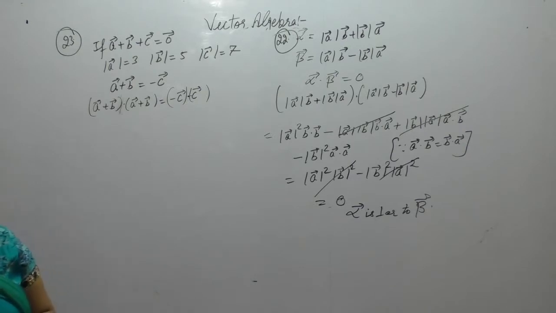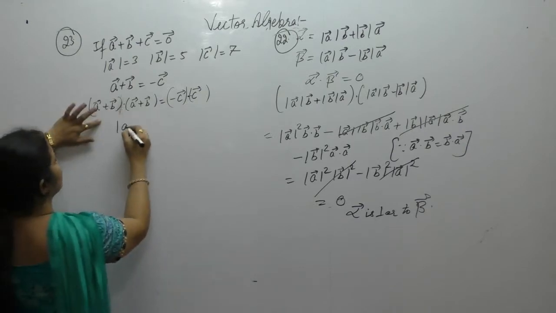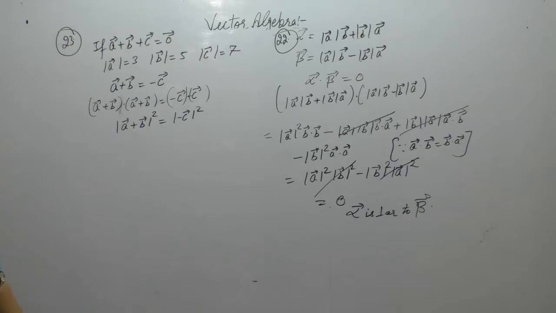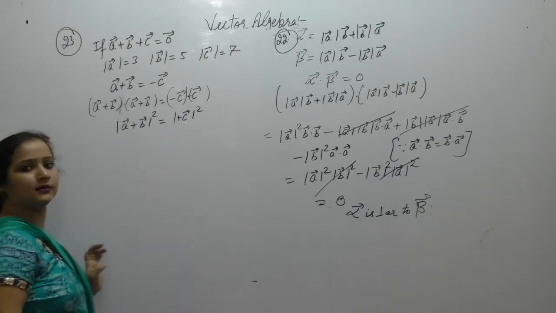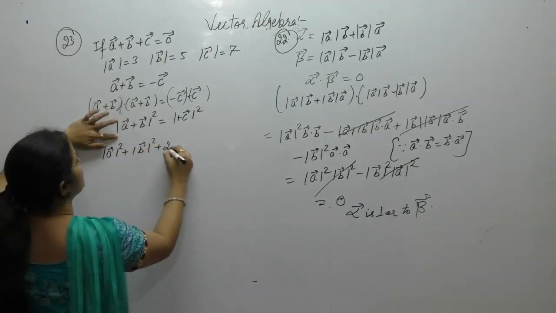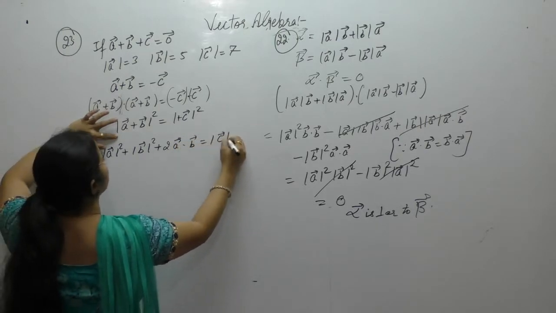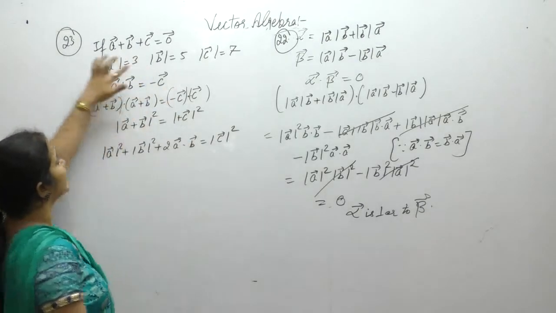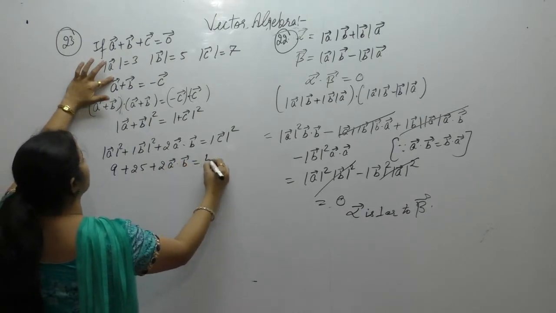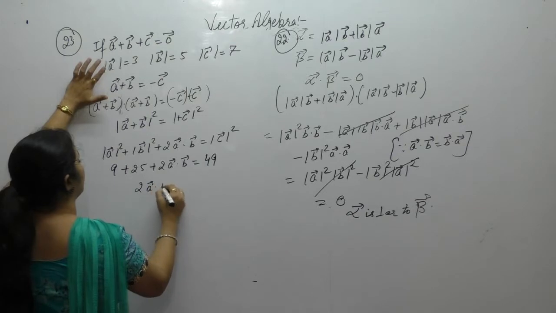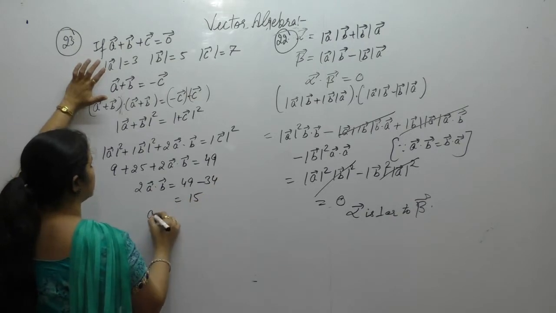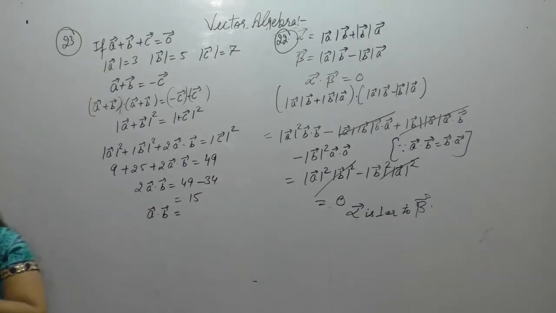Now A vector plus B vector dot this, that is equal to modulus of A square plus modulus of B square. Modulus of minus C vector square is plus C vector square. Modulus is positive. Now we have the formula for this: plus 2A dot B, modulus of C square. Now we are given the values of the modulus of all these: 3 square, 5 square, 2A dot B, C is 7 square, 49. So 2A dot B is 49 minus 34. So A dot B has the value equal to,